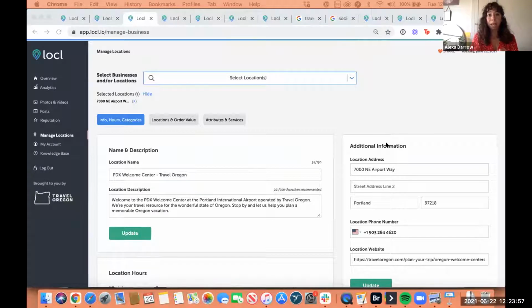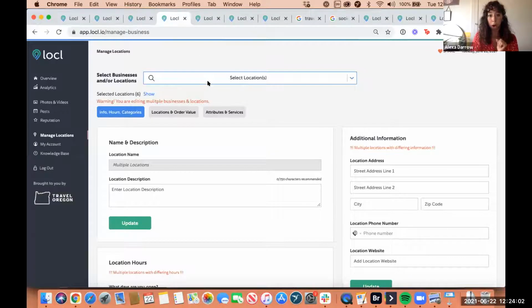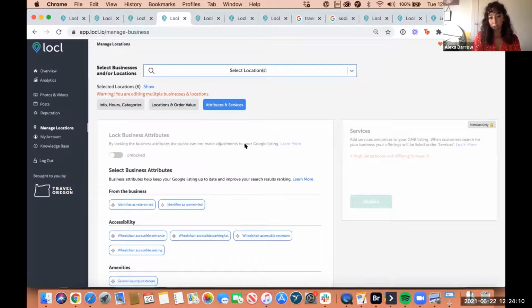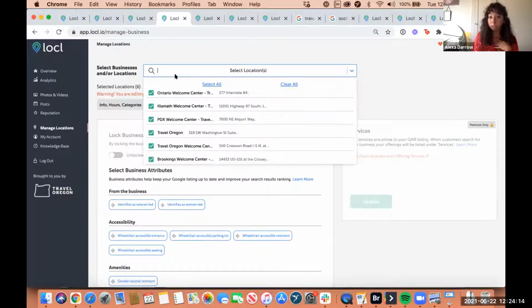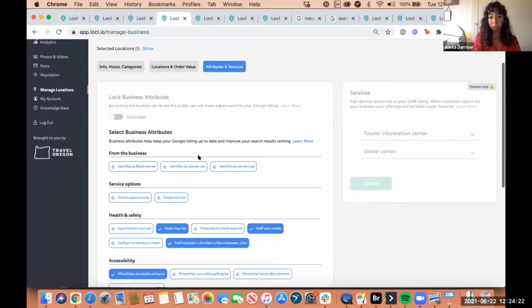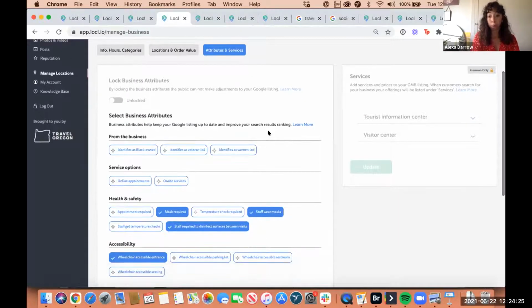So by completing just these tasks and then moving on to your business attributes and services, will again help with these optimizations. Your business attributes can be found again inside of Manage Locations. Right now we have all of these locations selected, but let's say we only want to change our attributes on the PDX Welcome Center. You will see that there's a variety of attributes here, which help improve your search